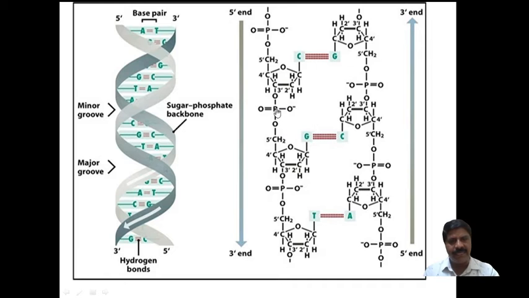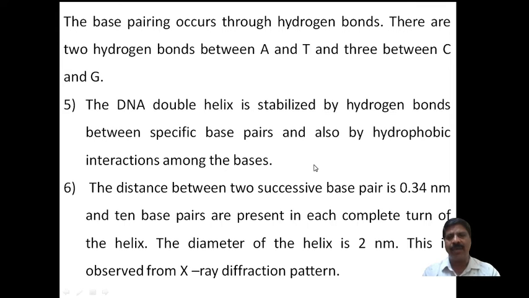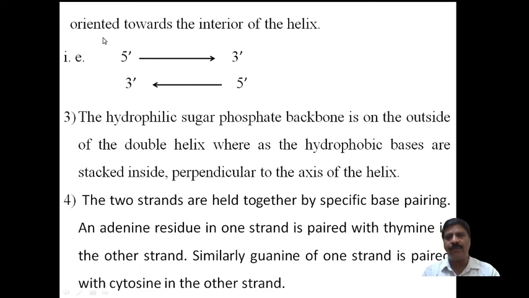Straight chain group will be there, here and here. It becomes a backbone of the helical structure, with both the base pairs. Therefore, the sugar phosphate group: the sugar is in the center with phosphate, and guanine here is just like a sideway. Therefore, it becomes a straight backbone of DNA or RNA. Therefore, I am explaining here, as I told, the orientation towards the interior of the helix, 5 prime to 3 prime and 5 prime towards the 3 prime end.